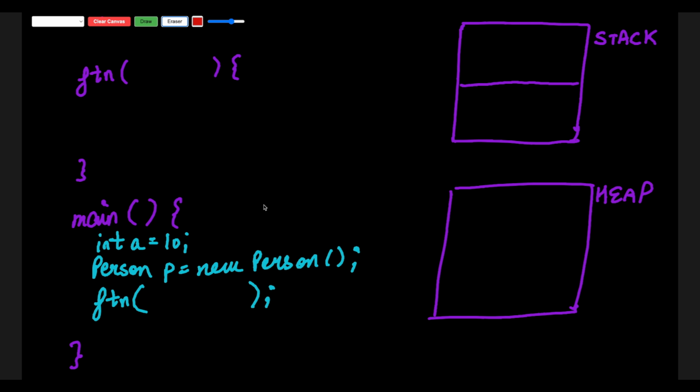Now let's quickly take an example. So in this case, we have a main function. I have defined two variables over here. One is a primitive data type and another one is an object. And after that, I've called this particular function. So one by one, we pass a primitive data type and an object, and let's see how this particular code behaves. So till now, how will our stack memory and heap memory look? For this particular main function, a stack frame is allocated in the stack. So let's say this is the stack frame for the main function. Inside there is a variable x and there is a p variable that has a reference to a person object.